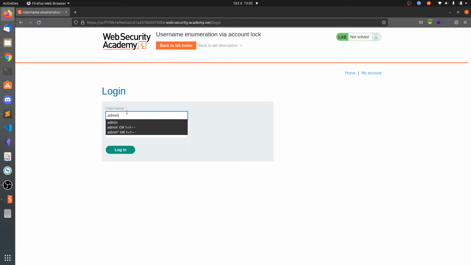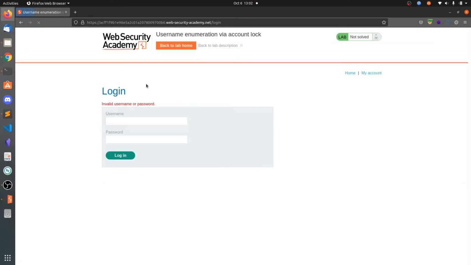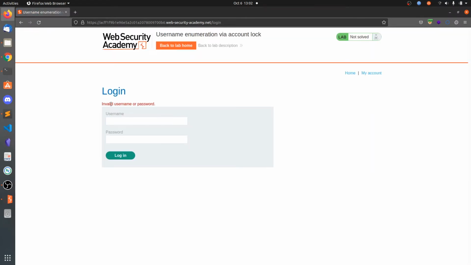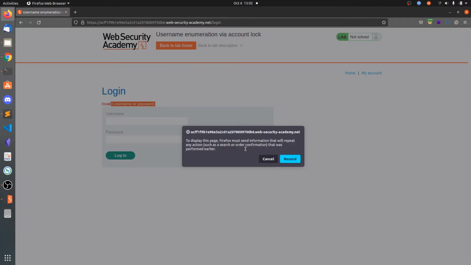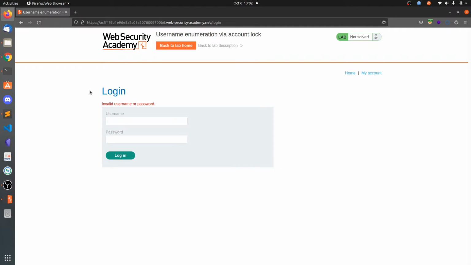So let's try admin and admin. Now it says invalid username or password. If you send the data again, we can see invalid username or password, and send this again. And you need to repeat until you get some error message stating that your account is locked. So what you need to do is